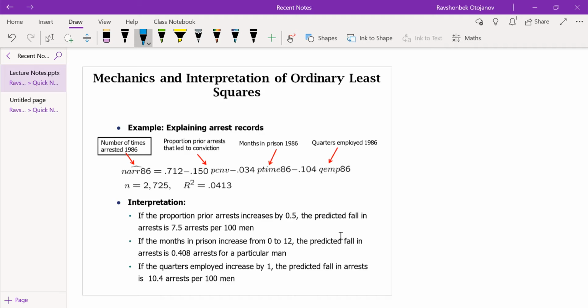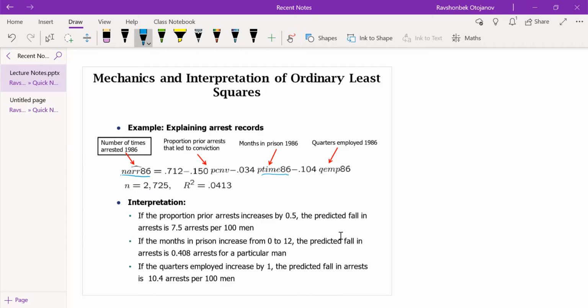So here the dependent variable is the number of times arrested in 1986, so the number of times a person is arrested in that year. Then this variable here is the proportion of previous arrests that led to convictions. So once a person is arrested, the person may or may not be convicted, but it's the proportion that led to the conviction. Now it's the number of months a person is in prison in 1986,